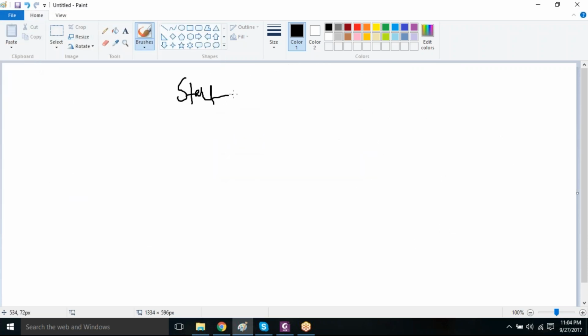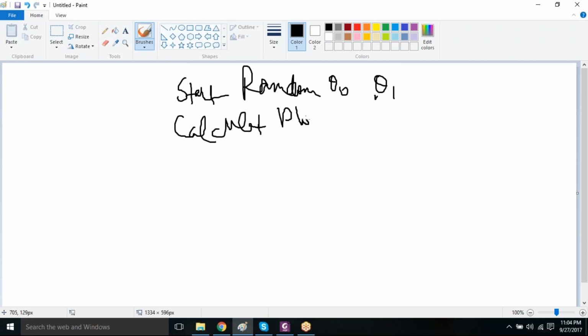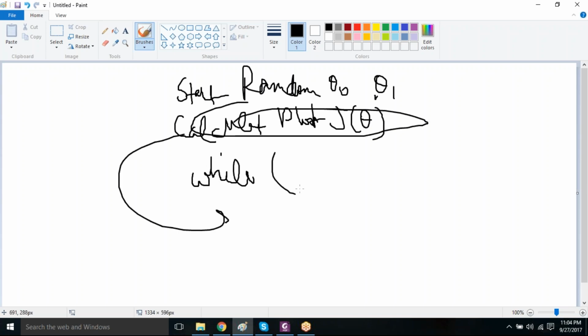Start at random theta naught and theta 1, right? Then calculate or say plot cost function, and in loop, basically this thing will come in loop only. In loop just update your theta naught and theta 1,